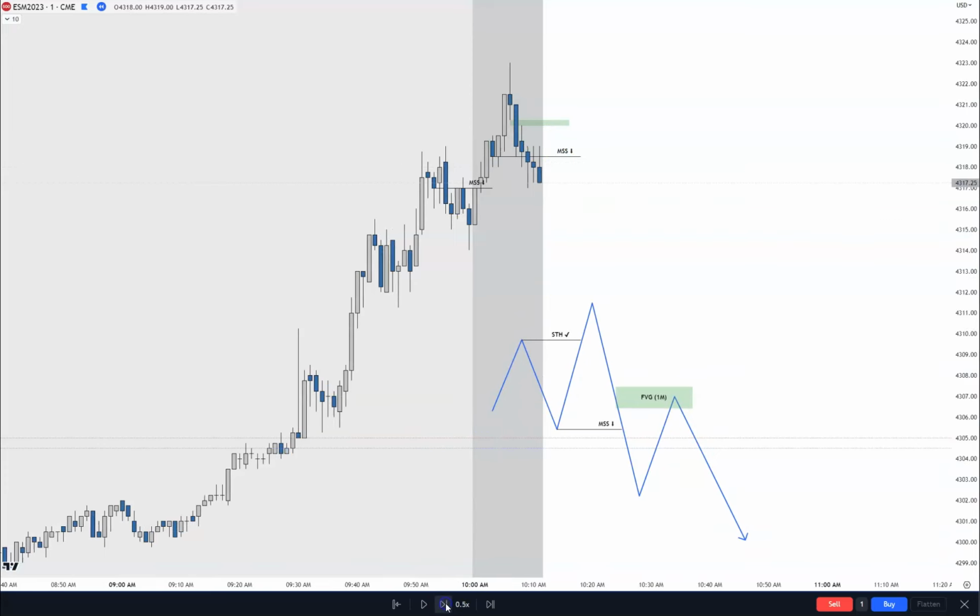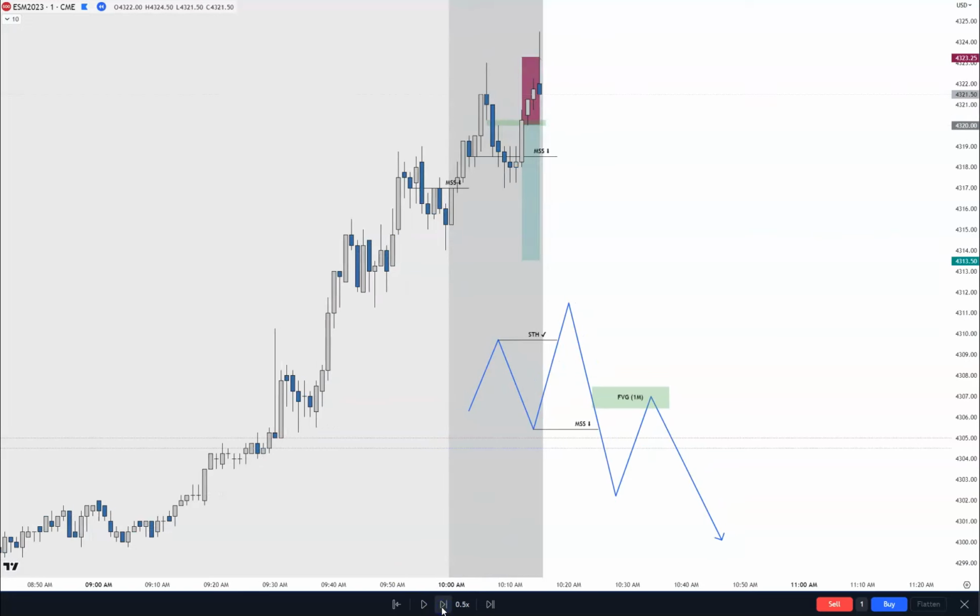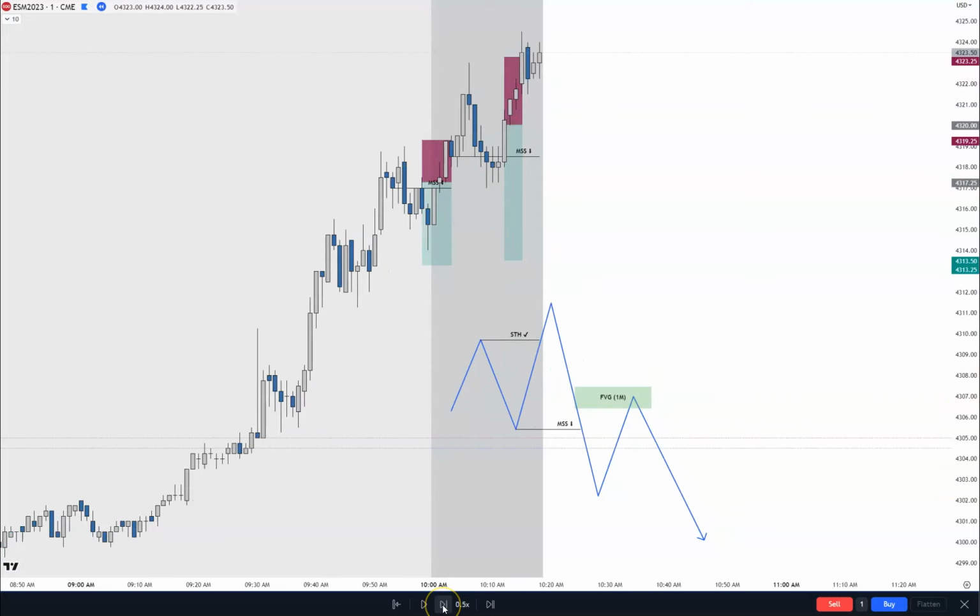Price is coming down. It's doing good. Aha! Now we can get in. Get in right there at the bottom of the fair value gap. Where does our stop loss go? Above the first candle, one tick above, right there. Okay, sweet. We're in. We just need to cross this swing low. That's 2 to 1 right there. And we lose again. That's 2 losses in a row. Okay, well,